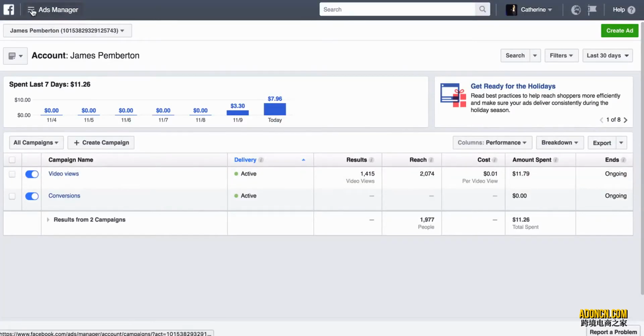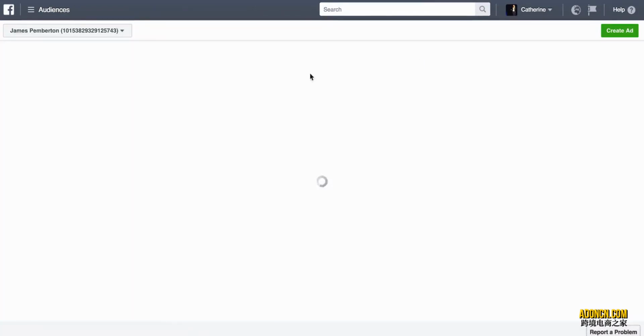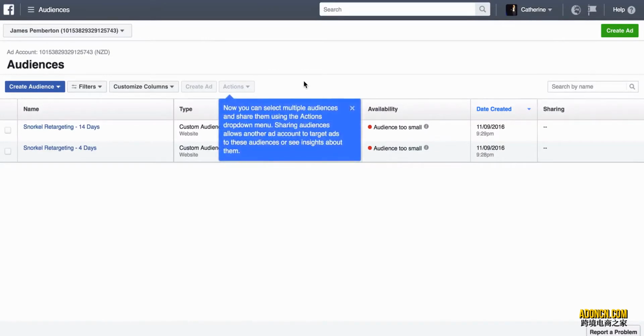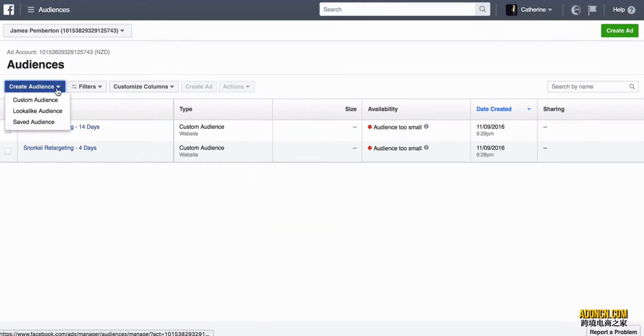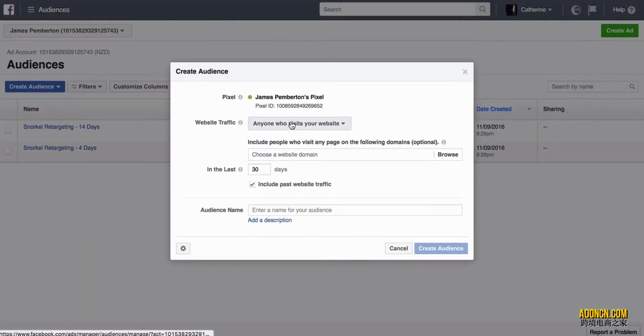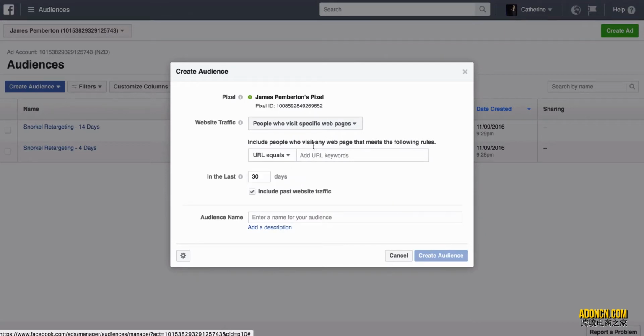So what I'll do is I'll go under audiences over here, and then I'm going to create a custom audience. So I want to be retargeting people that visited this website. So I'm going to create a website traffic custom audience who visit specific web pages equals, and I'm going to